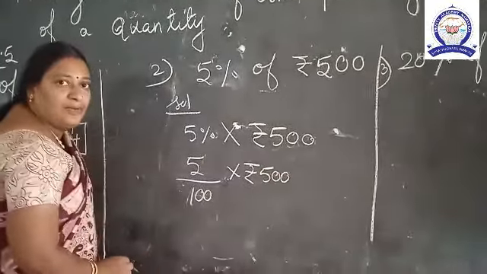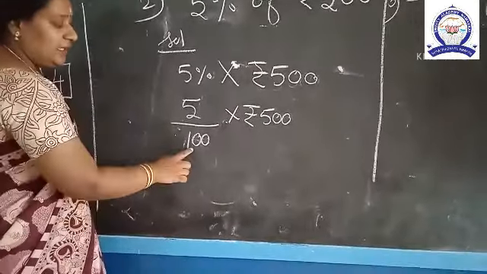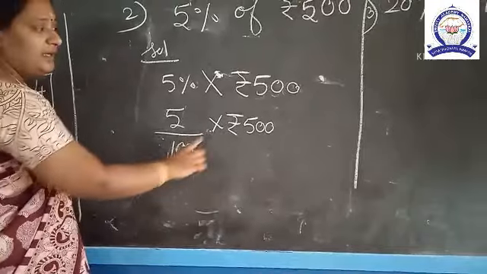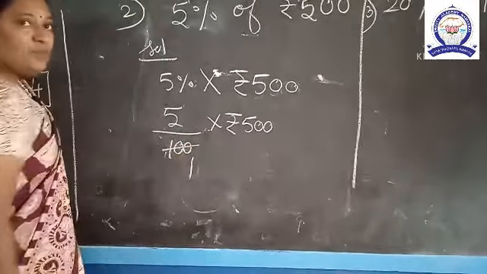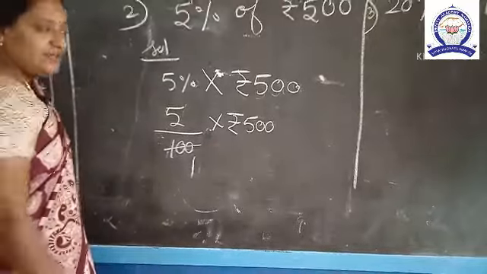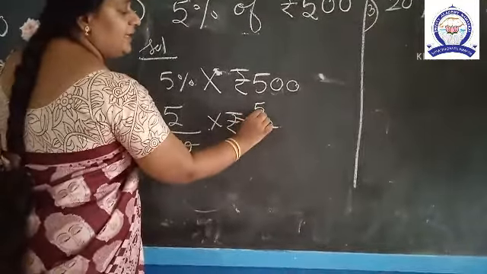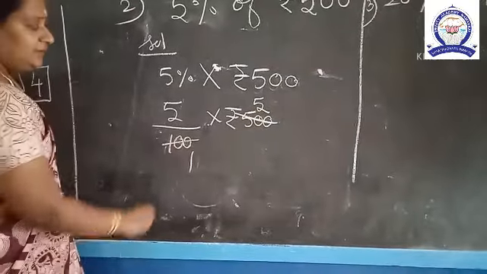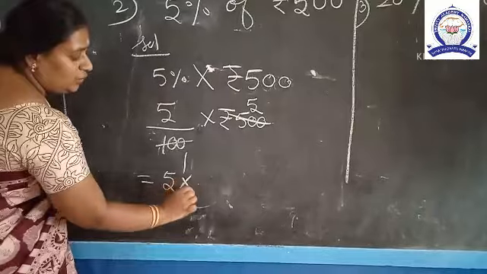So next step என்ன பண்றோம்? Using multiplication tables we are going to cut. So இங்க 100 க்கு denominatorல. So 100 table cut பண்ணிடலாம். நடுவுல into symbol. So 100s are 100. 5 into 100 is 500. Okay. Now you write the remaining digits.